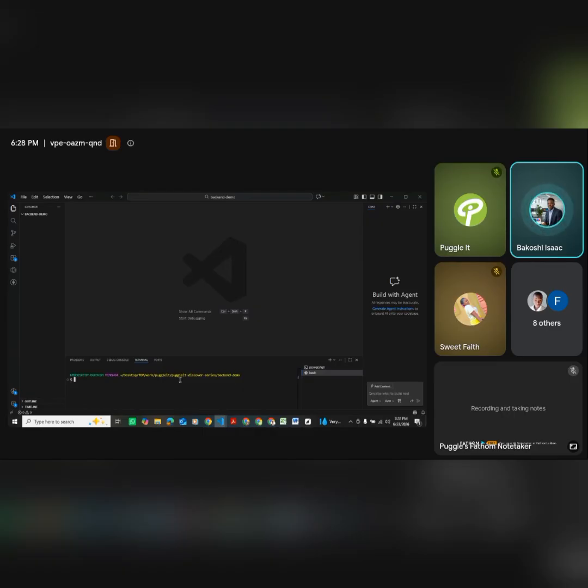So I'm going to use the command npm. I've already installed Node on this system, so I'm going to make use of it. When you want to start writing your backend application, you need to install all these applications on your system for you to be able to write the back-end code with. So the first command is npm